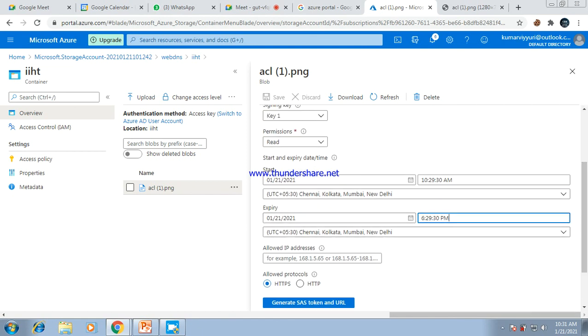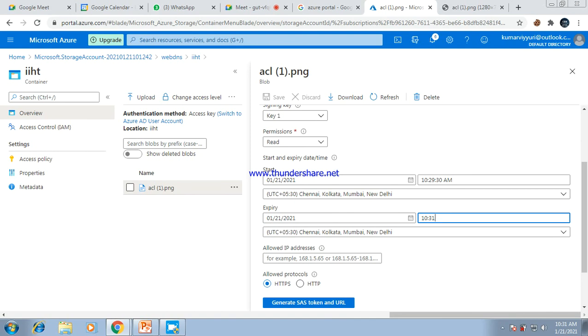For example, if I give the time duration 10:32, the current time is 10:31 AM.